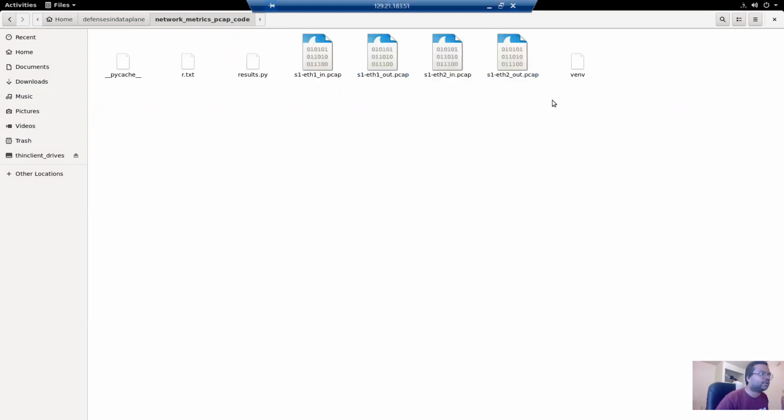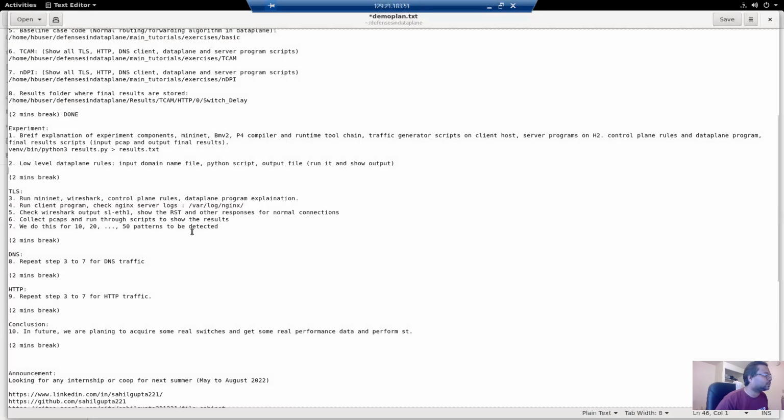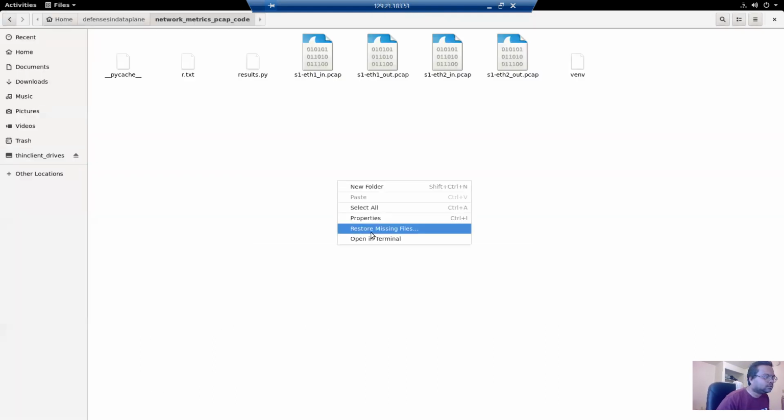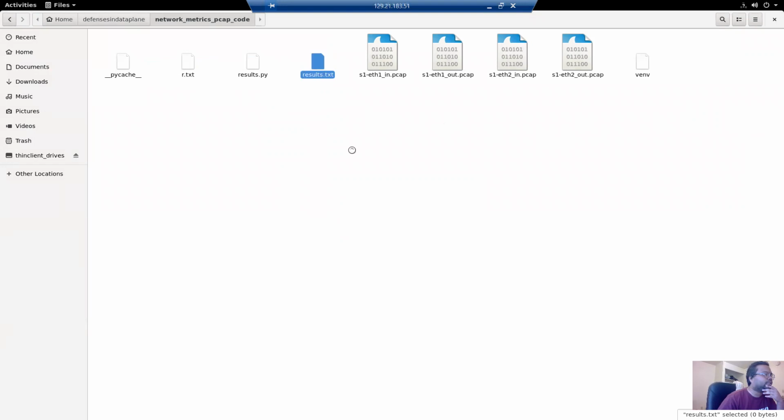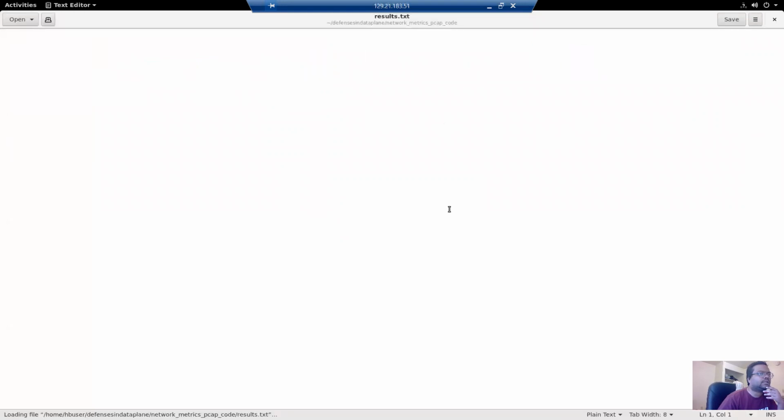These will go as an input. And then we run this command. Just open the terminal here. We use this command, and you will see it creates the results.txt file.